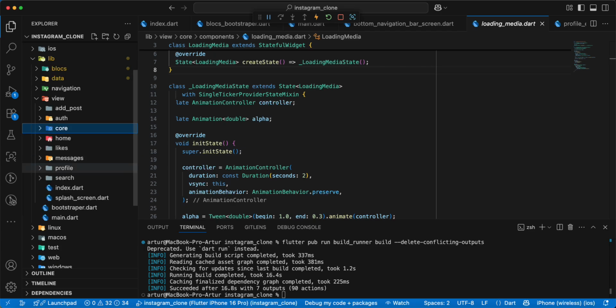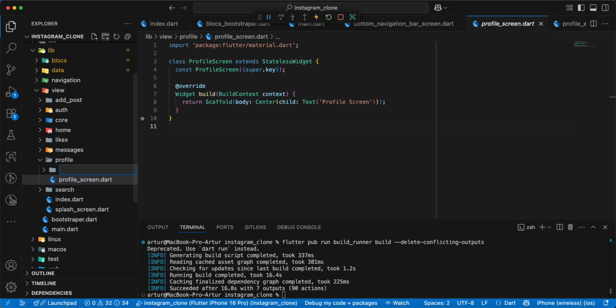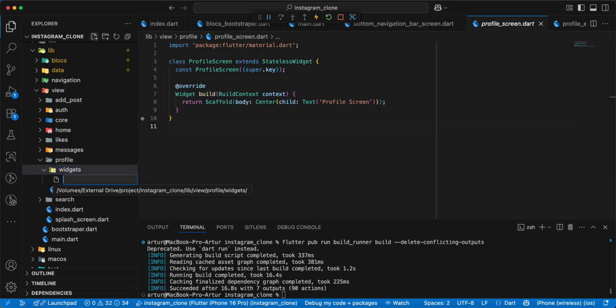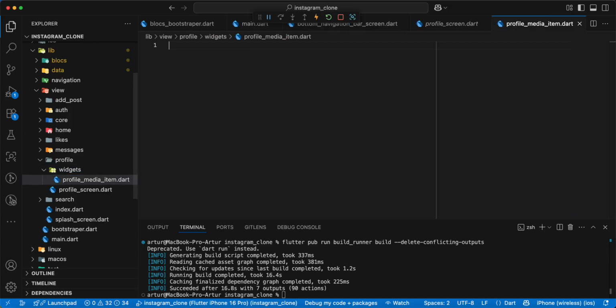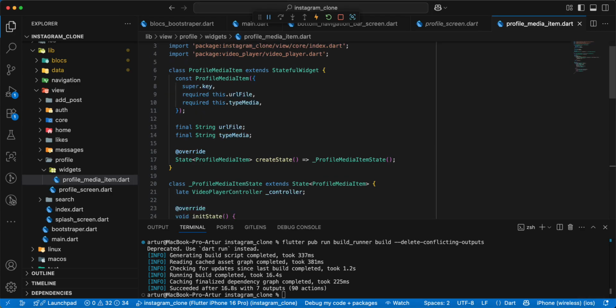Then we open profile, and now we create folder widgets, and we add file profile_media_item.dart, add information,